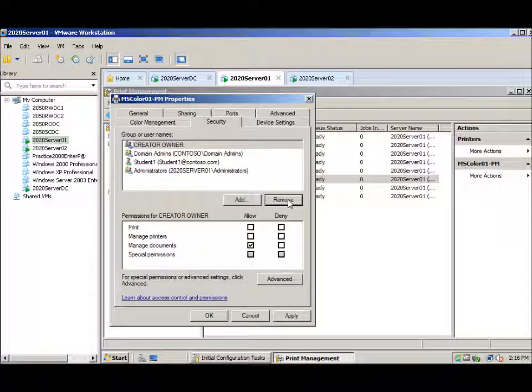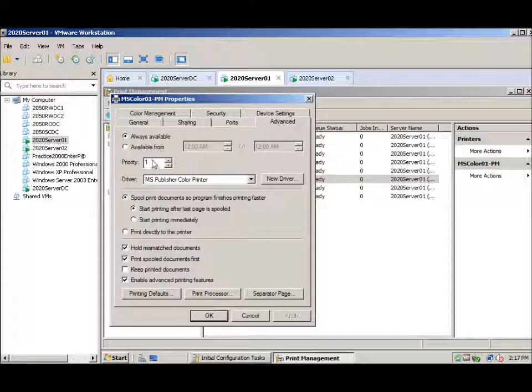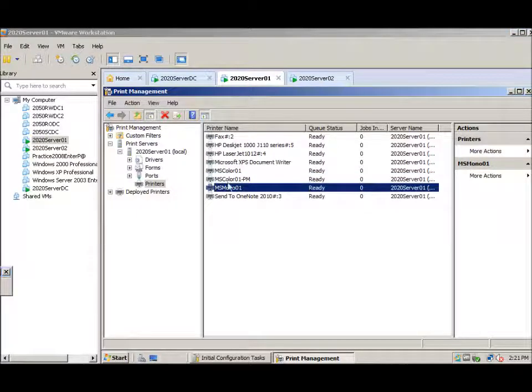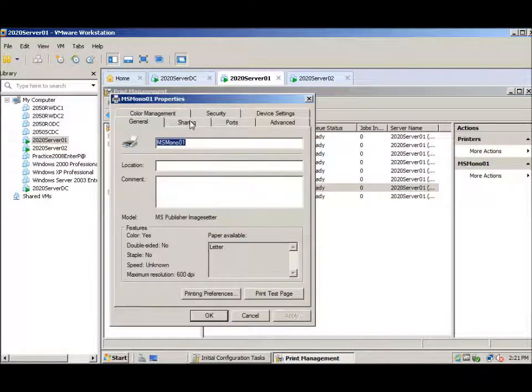That way your top level executives can print after 5 o'clock to the color printer. And also on this PM printer, we want to give it a higher priority of 99, so their jobs will go above the other jobs in the print queue. You say OK. Also on MS Mono 01 and Mono 02, we want to go into Properties, click Sharing,